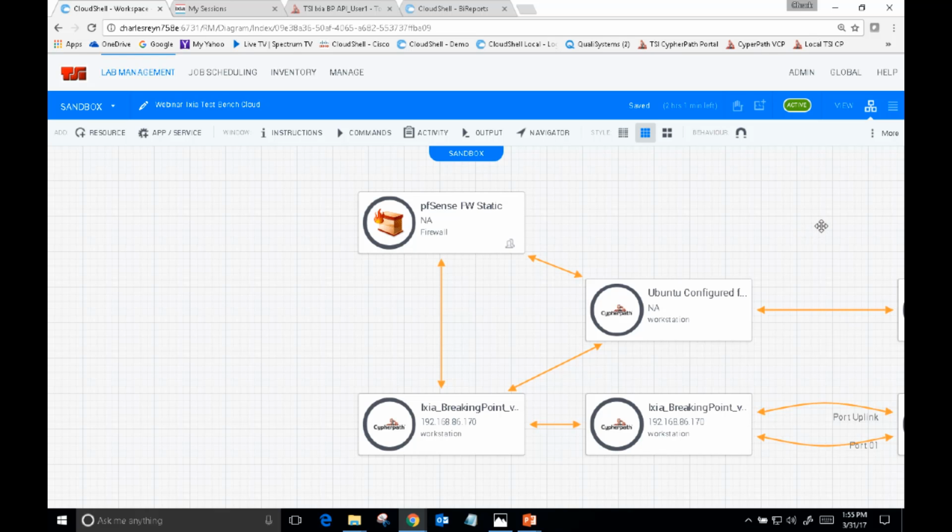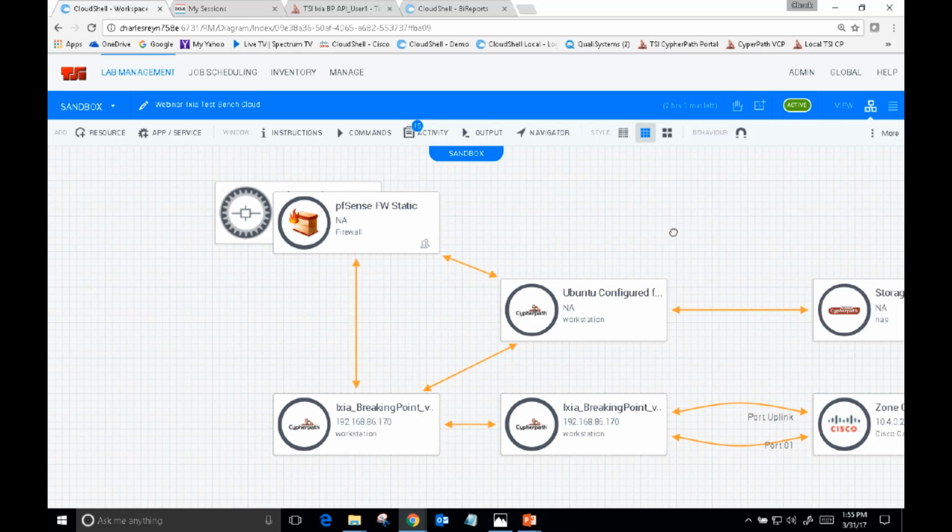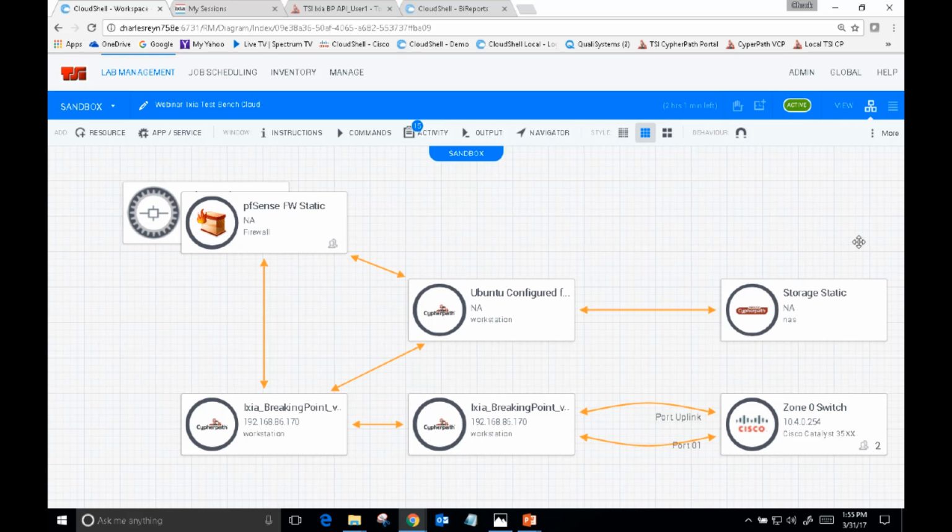Once the blueprint template is finished, instructions are updated, and we've reserved it, the API will take over and create the resources in Cypherpath and Cloud Shell to be used in our test bench or workflow activities. Once the sandbox is active, we can now see commands that are available in the resources to do workflow activities, and we can now open up the breaking point environment